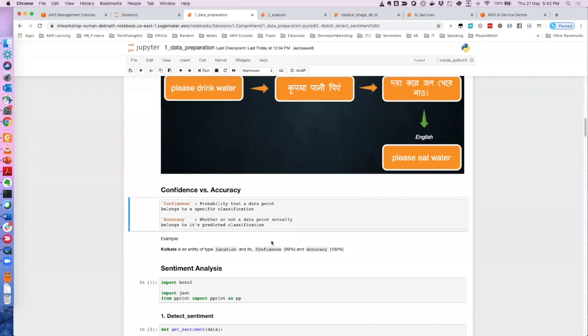So let's say you ask me, Suman, tell me what is the temperature of Bangalore today. I can roughly say that it's 25 degrees centigrade, but then you might ask me, are you confident? How much confidence do you have? So I might say, I am 80% confident this is the temperature, because I have not opened the TV news channel to read that and give you the right answer.